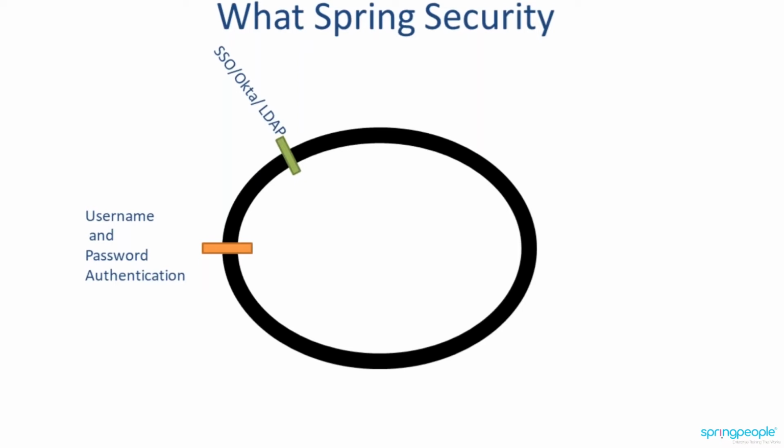OAuth2 is another. And with OAuth2 again we have OpenID. So there are a lot of libraries, client and server tools, available that we can use for Spring Security. Or we can take care of app level authorization.